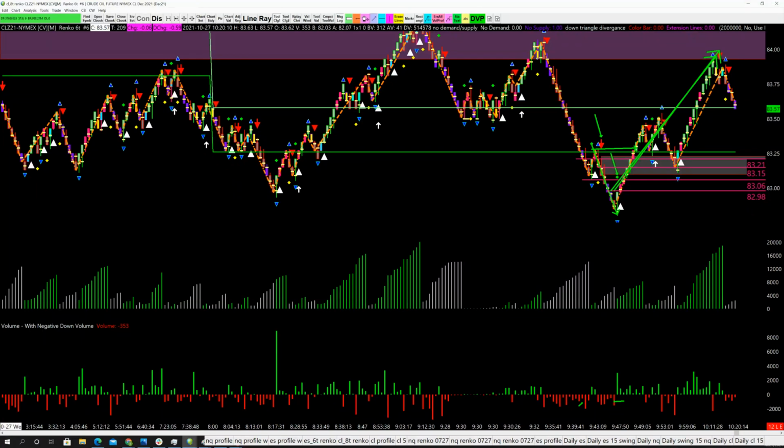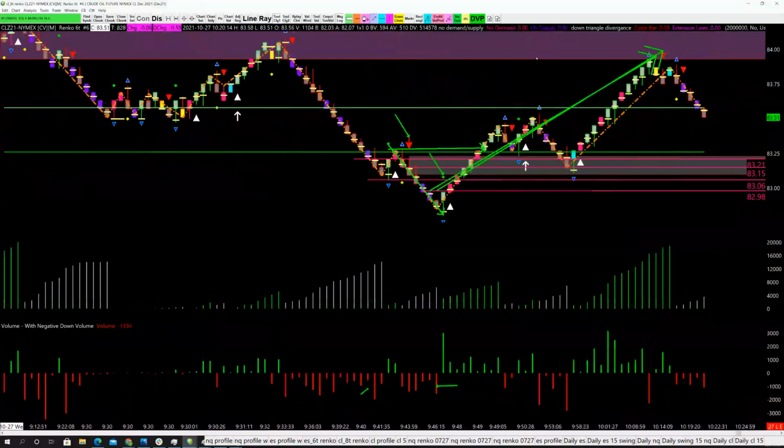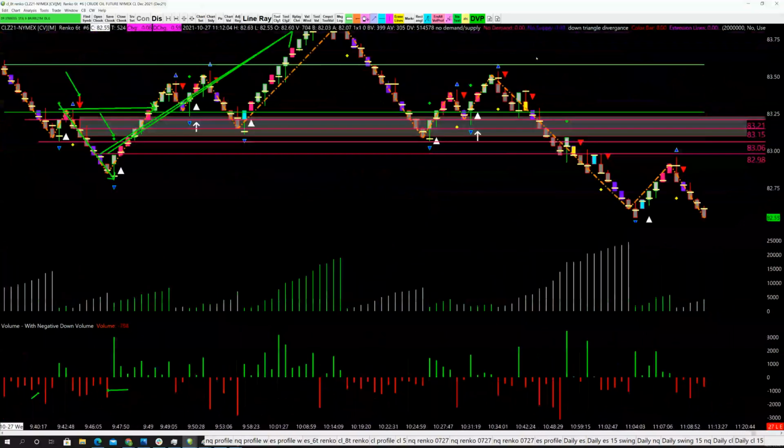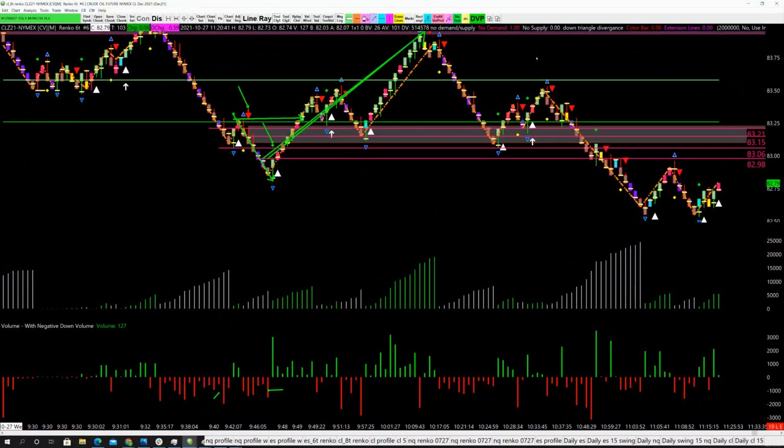Let's see. I mean, yeah, that definitely covers it. I was assuming that I was making a mistake on an execution basis, but I actually don't think that's the primary issue. It's that I'm just not being patient enough. And I think that my committee members in my head want that continuation trade, because as a swing trader with focus on momentum, there's a sense that if we've been going higher and we're seeing somewhat of a pullback, my instinct is to look for a long